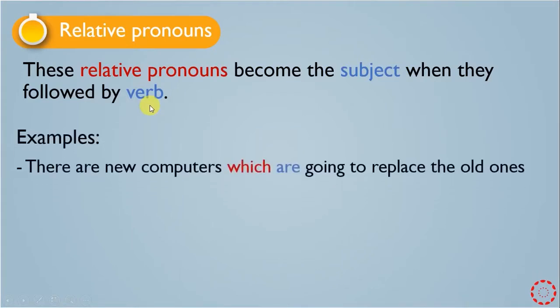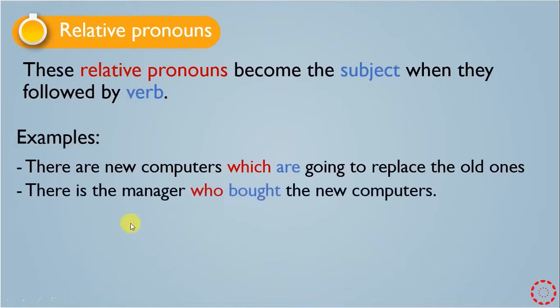Look at these examples. There are new computers which are going to replace the old ones. Here we have are, which is the verb to be. So in this example, which functions as a subject because it's followed by a verb, which is are. The second example: there is the manager who bought the new computer. In this example, who, which is a relative pronoun, functions as a subject because it's followed by a verb,